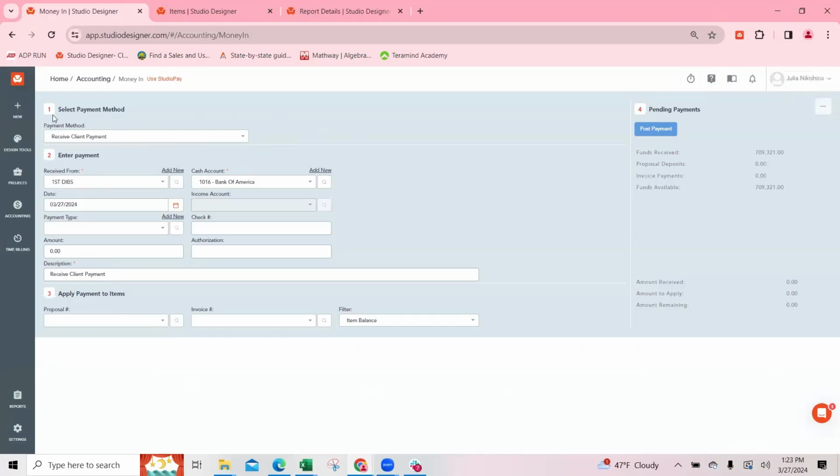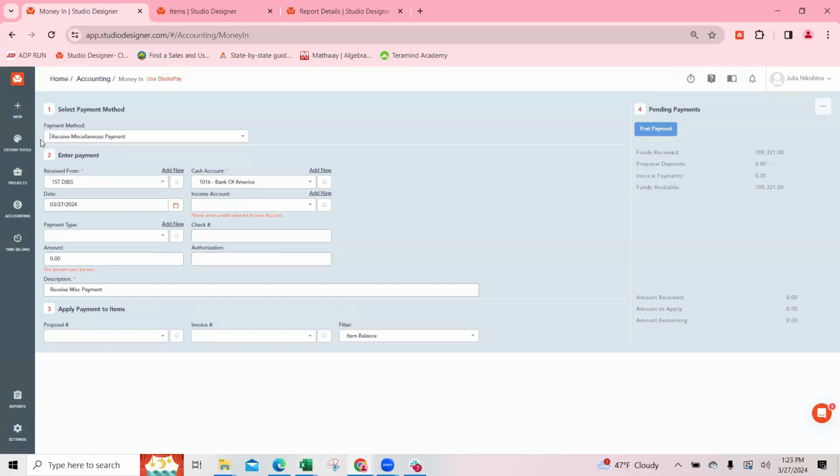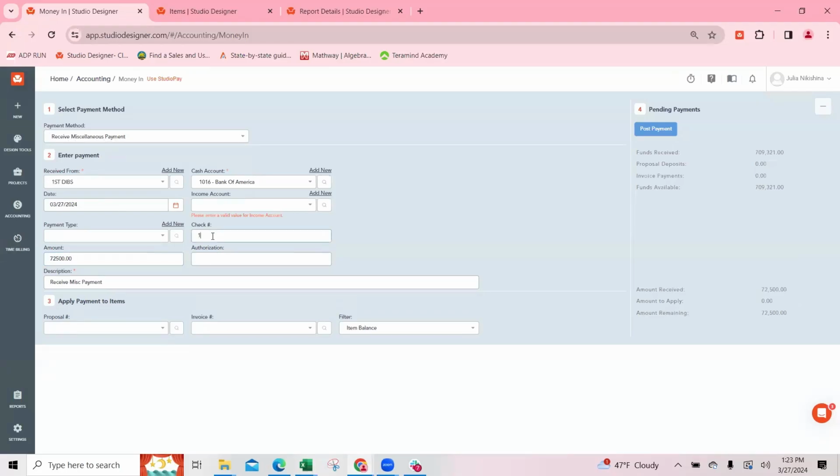But if I'm doing anything in the money in screen that has to do with vendors, I should always, always, always be using this receive miscellaneous payment button or dropdown. So once I go to receive miscellaneous payment, and let's say I now have another check from them and it's $72,500 and it's check number 12345. As soon as I change the payment method, a couple things happen. A, my income account opens up, right? This is where I would then tell the system,